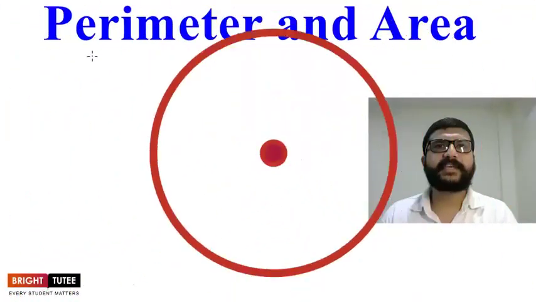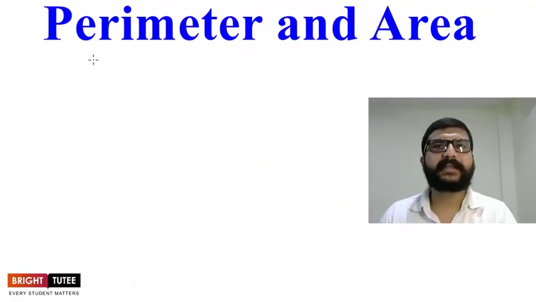In this video, we have seen how to find perimeter or circumference of a circle. We use the formula 2 pi r, where r is the radius and pi is the constant, and its value is approximately equal to 22 upon 7 or 3.14. And we have seen questions based on how to find area of a circle. And we know area of a circle is equal to pi r square, where r is the radius of the circle. Now in this session, we are going to see how we can convert units.